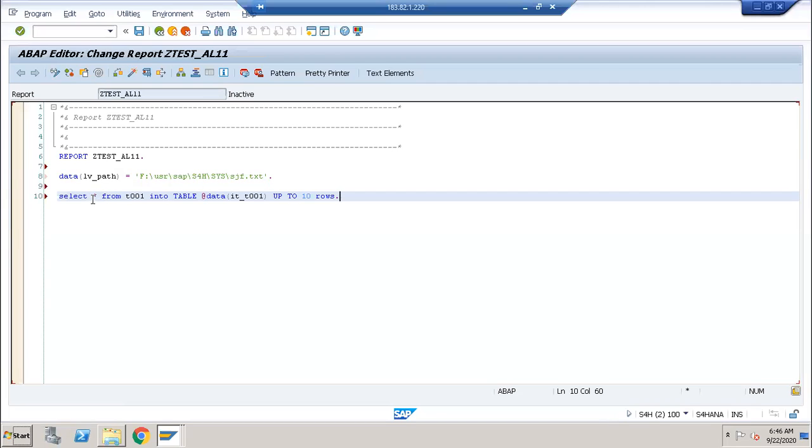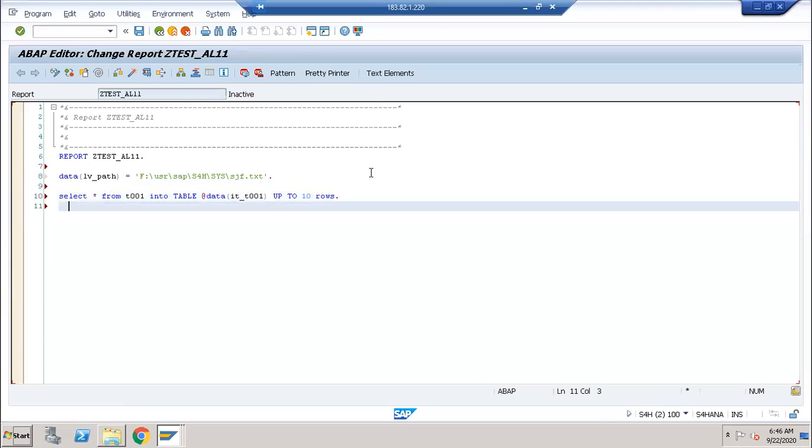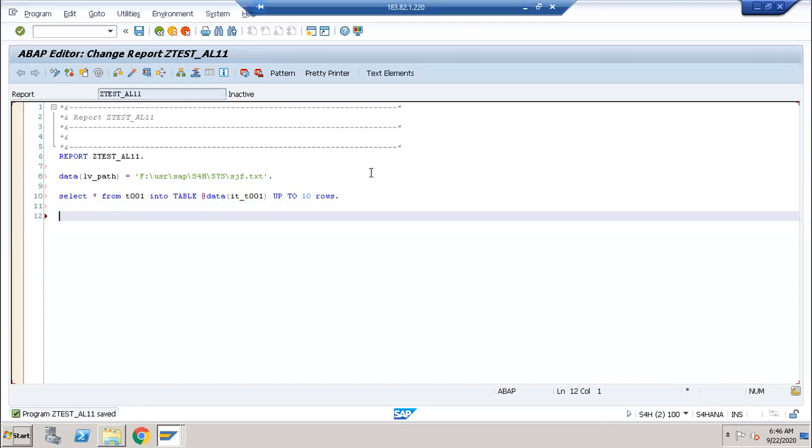I am taking star, which means all fields will be taken from the TW01 table. Like that I am taking the data; the work area I am not declaring anything here, I will declare it later. I'm getting data into one internal table, that is it_tw01, up to 10 records, fetching the data from the TW01 table.